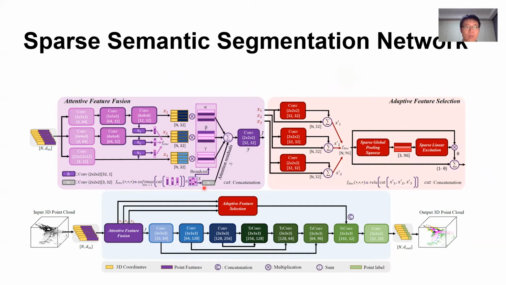Before going into the details of the modules, let's first navigate through the overall pipeline of this network. One frame of 3D point cloud is first converted into a sparse tensor, which contains the coordinate list and the corresponding feature vector for each voxel cell. The sparse tensor then gets fed into the AF2M multi-branch spatial feature extractor. At the same time, the features extracted by the multiple branches are filtered by AFS and concatenated with the last transpose convolution layer.